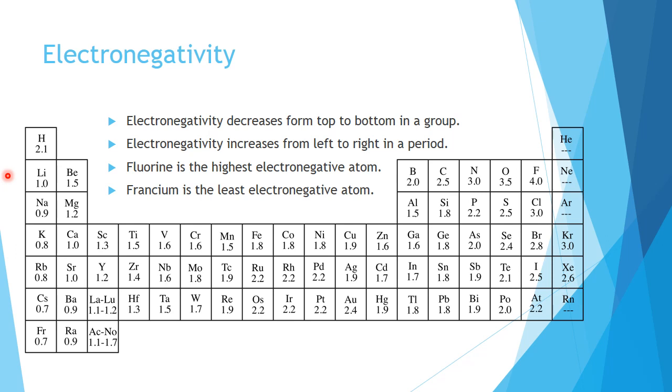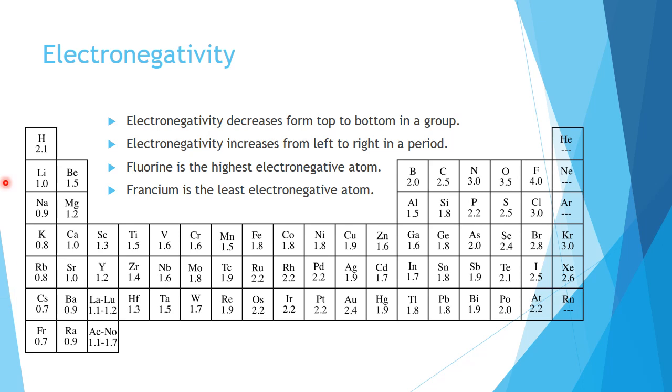Due to the increased shell number, one factor is what? We are increasing the distance between the nucleus and the valence shell. Another factor is that the already present inner electrons actually mask the force of the nucleus towards the valence electrons, therefore making it much harder for the nucleus to reach its valence electrons. Therefore, electronegativity values decrease down a group because of regular increase in shell number as well as regular increase in shielding effect.